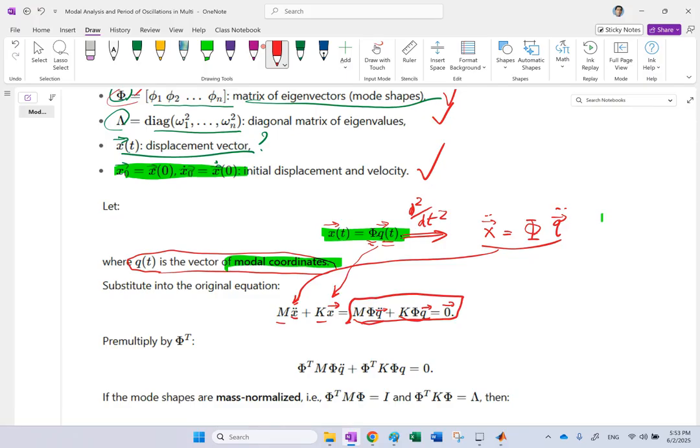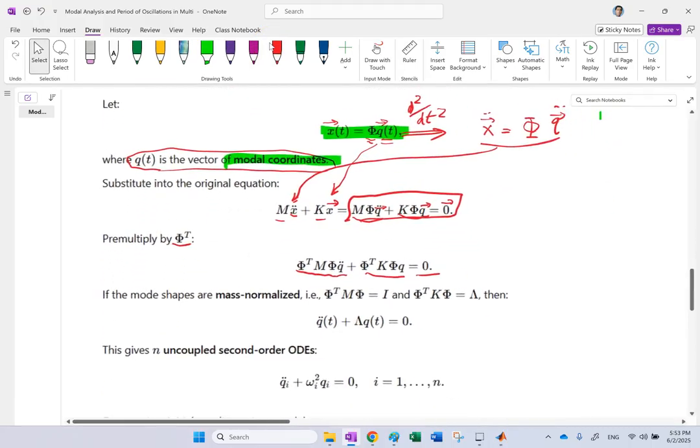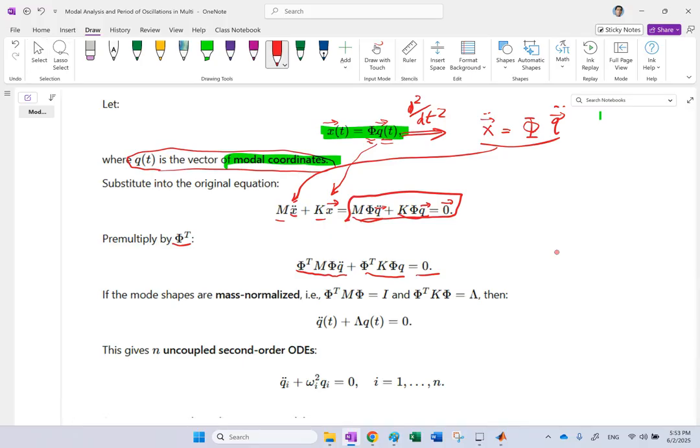Then what? Then I pre-multiply both sides by phi transpose. So it becomes phi transpose m phi q double dot plus phi transpose k phi q equals 0. So this is my equation now. Now, if the mode shapes are mass-normalized, which means phi transpose m phi equals I and phi transpose k phi equals lambda, then that equation becomes like